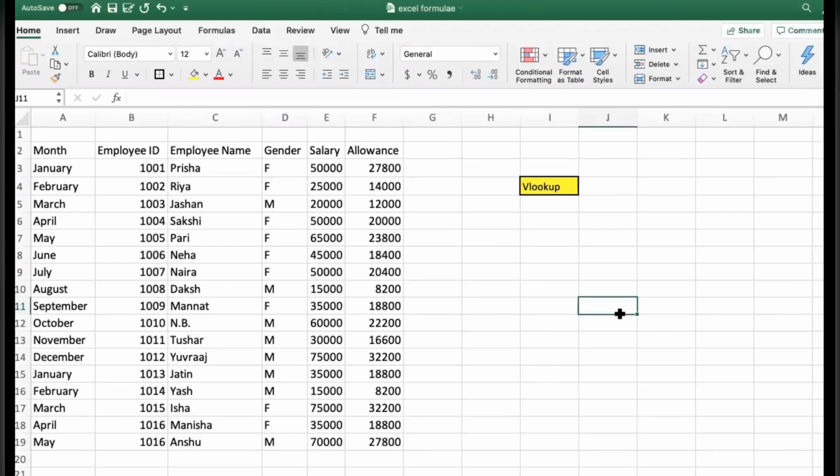Firstly, I would like to share some theory about this function, like why and how we use it. The main reason for using this function is finding the most relevant information that we want to extract from a large volume of data. Suppose there is so much information available to you, but you want to find out a specific piece of information, then you can use this function.